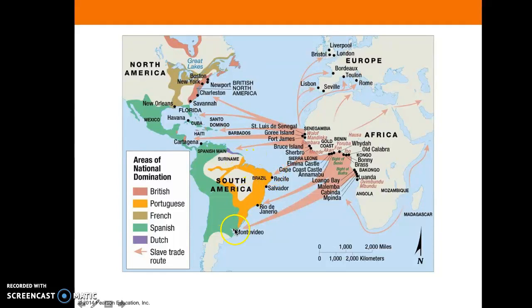And so you're going to see a large population of people from Brazil that are descended from Africans in forced migration. Same thing with the Caribbean islands. A little bit here in Central America, and then here in the United States along the eastern coast, and then here in Florida as well. And so you can still see that passage and their descendants in these different countries. Also the slave trade was made illegal way earlier in Europe than it was in the United States. You can see African descendants of these slaves in England, in France, in Spain.